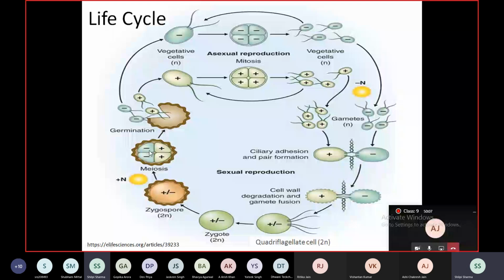And germinates का मतलब क्या है? Its diploid nucleus divides by meiosis. तुम्हें अगर याद हो तो meiosis was the reductional division. So this 2n results into 4n nuclei. And the 4 daughter zoospores, again because they have flagella, you call them zoospores. They form the vegetative cell, bringing this entire cycle to completion.